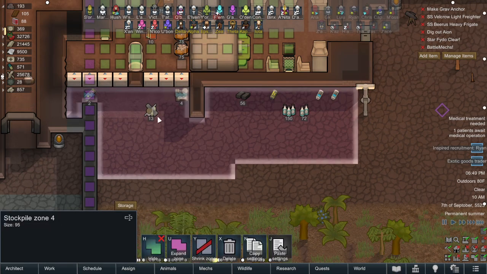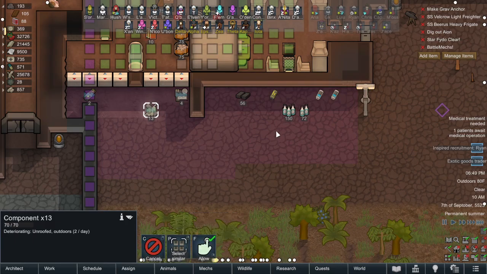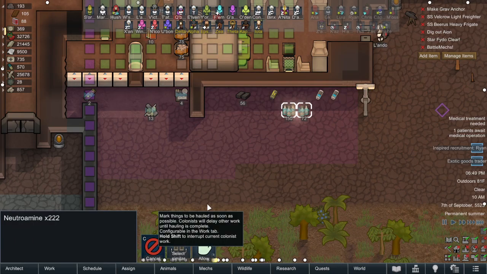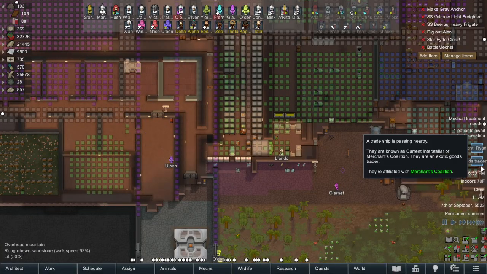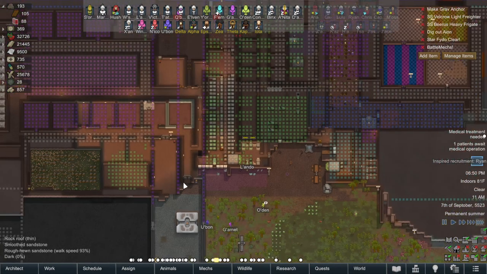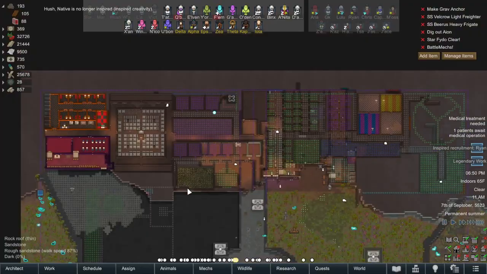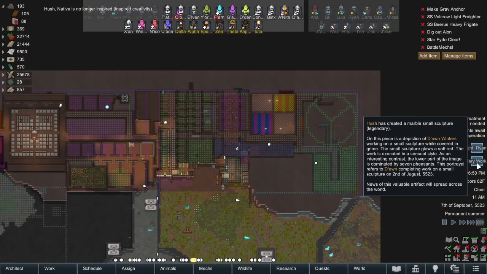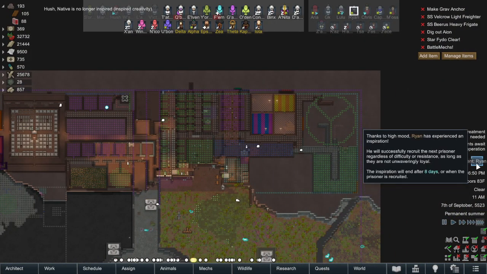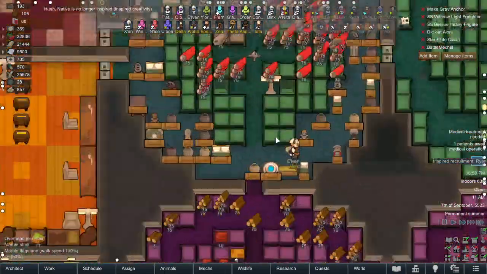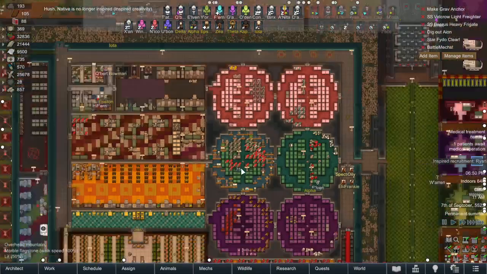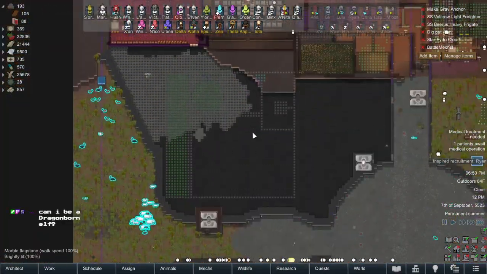I'm going to pull the Arcot capsules up. I promise you, it's just going to take a hot minute. Everything that we do in this is going to take a hot minute because she's a big one. Legendary work from Hush. I love my Hush so much. Alright, let's get some of this artwork done while we take a little bit of a break from that because I'm pretty sure